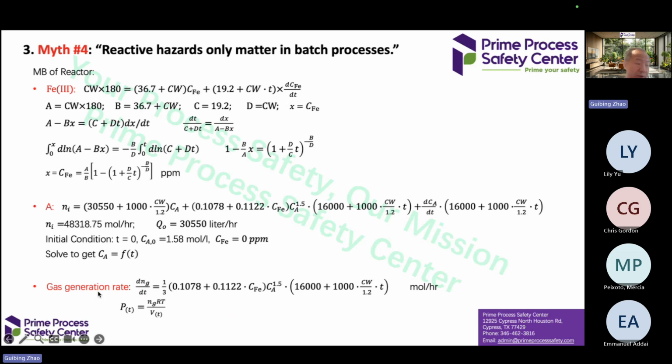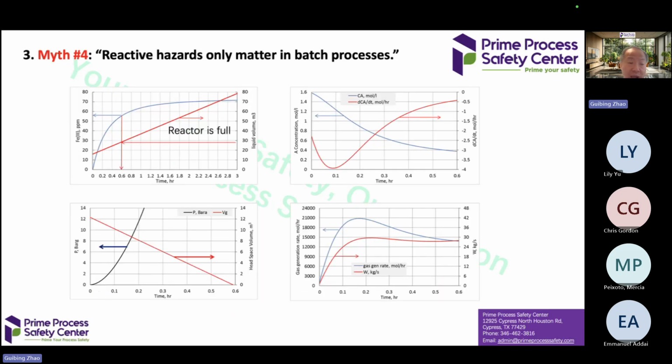And from this dynamic simulation, we found that for this reactor, this is time in hours, this is pressure. You see here, in about 6 minutes to 12 minutes, the reactor will be overpressurized, because the reactor design pressure is about 3.5 bar. So that means that when the heat exchanger tube ruptures, very quickly, in 6 to 12 minutes, the reactor will burst. So this exactly found the issue.